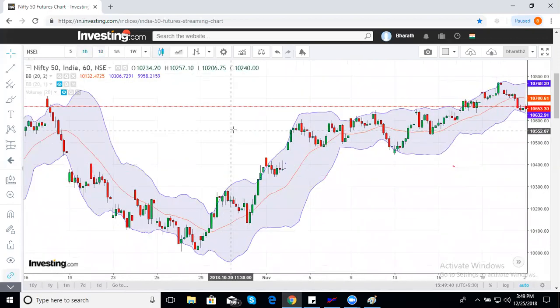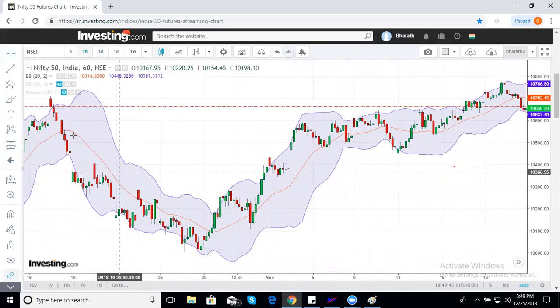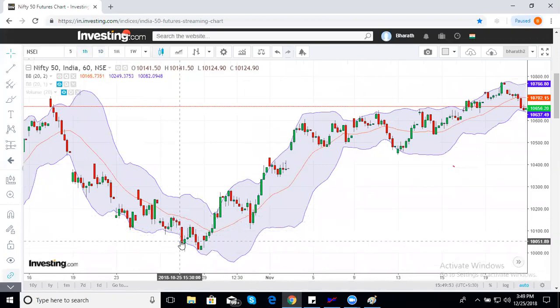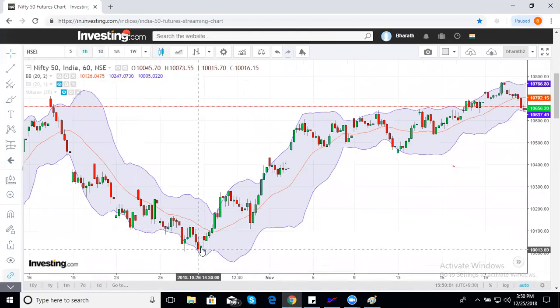Right? See here. You saw it outside the band. It is a bear market for sure. You saw outside closing, goes back to the middle band resistance. Comes back, again goes back to the middle band resistance. Comes back outside of the band, closing outside the band, goes out. Gets resistance at the middle band. Comes back, this time unable to close outside the middle band. Outside the lower band, I mean.